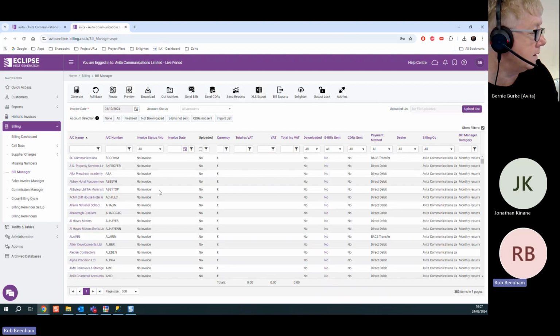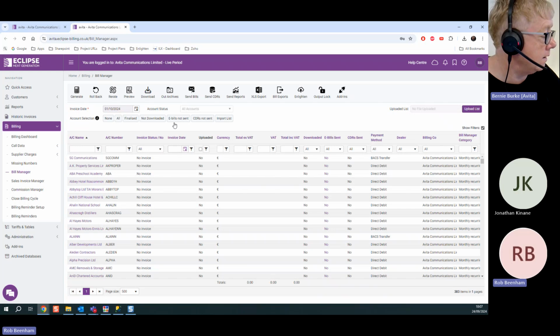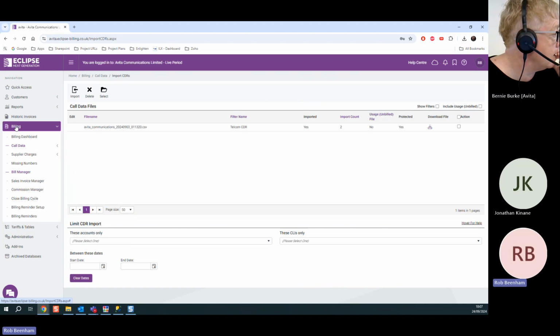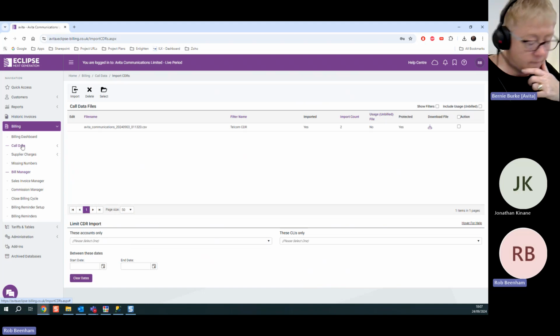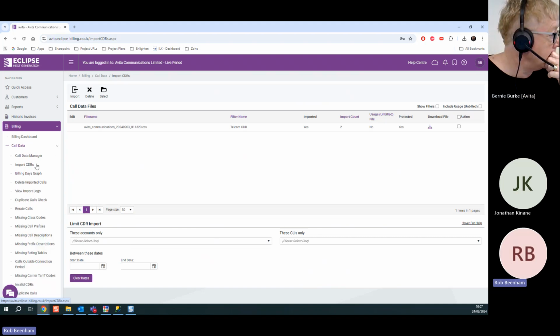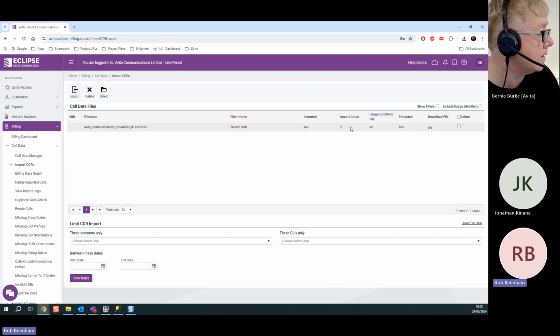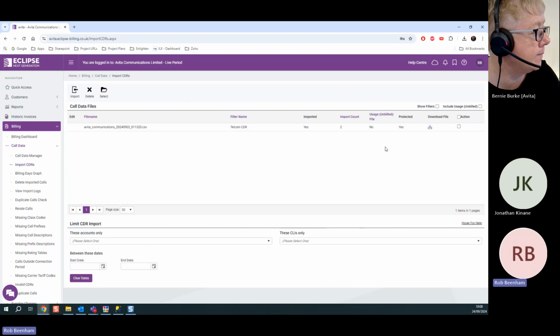I'll go over that in a moment. So it looks like we've closed the cycle. Okay, I did. So that's fine. Okay, so if we want to import CDRs, we go to billing in the navigation panel, call data, and then import CDRs here. Okay. And we get to this panel. Now these are protected calls because they haven't billed, most likely because they're on the